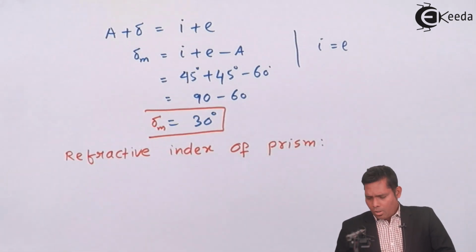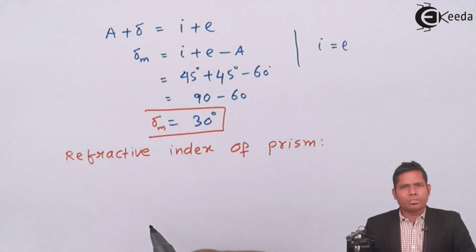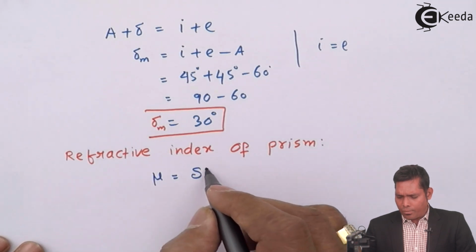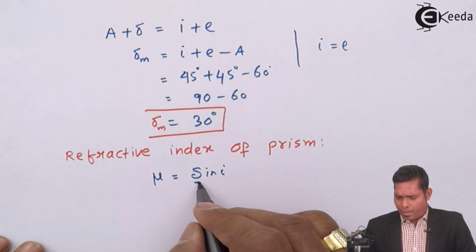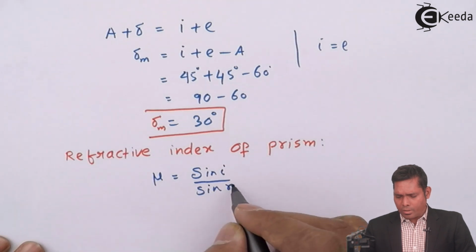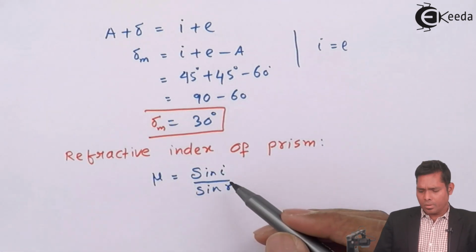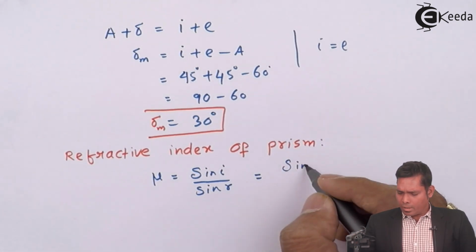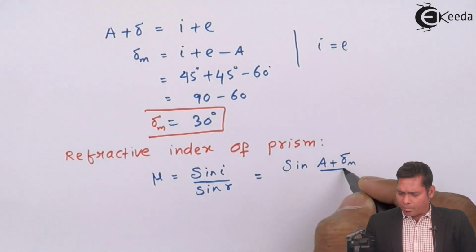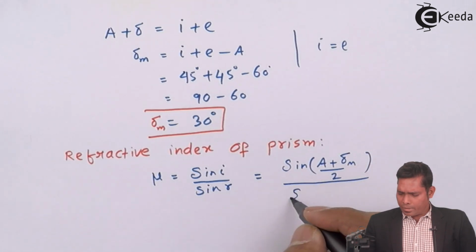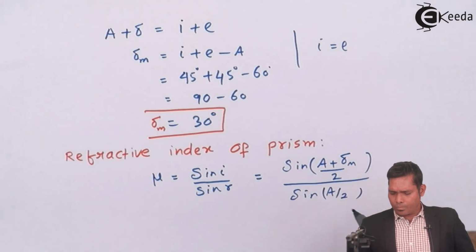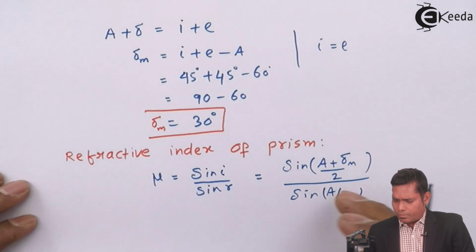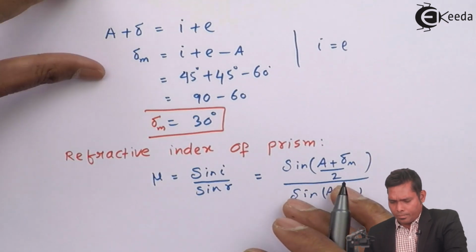To find this, we'll use the formula of Snell's law, that mu is sine of I divided by sine of R at any phase, and we also know that mu is sine of (A plus delta M) by 2 divided by sine of A by 2. This is the prism formula. So substituting these values, you will have,